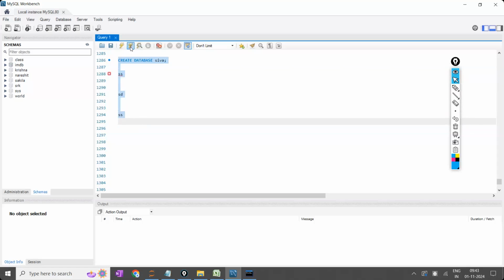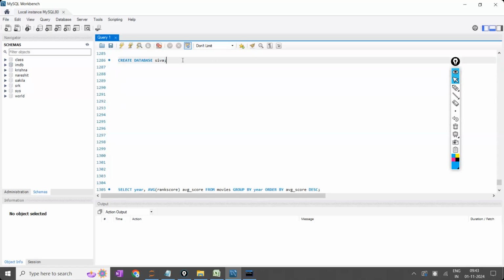Select them and click on this, and only those queries will be executed. Or if you are executing only a single query, then the line where it is will be executed. So either I'm executing the entire 1200 lines, or I'm executing only one line.